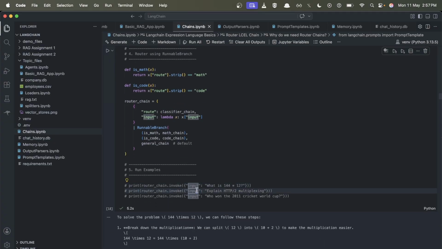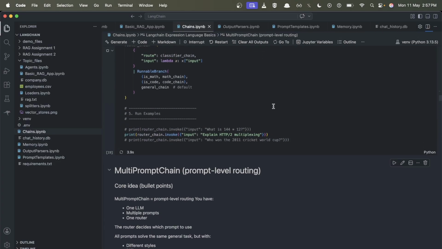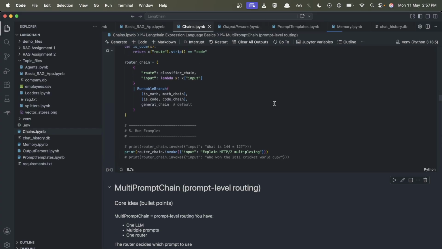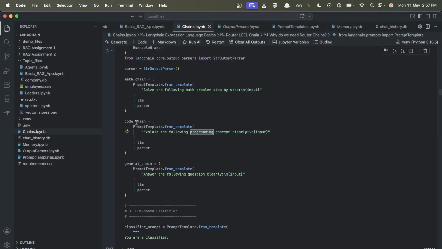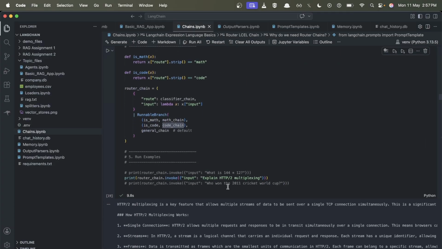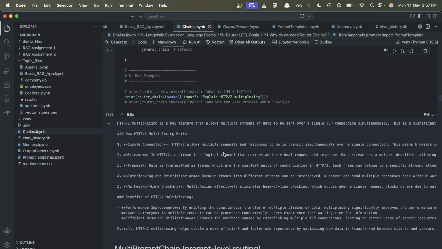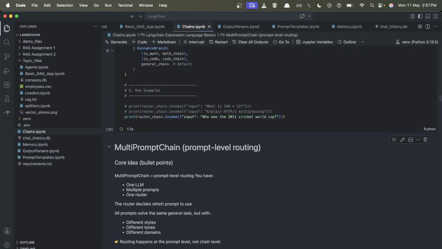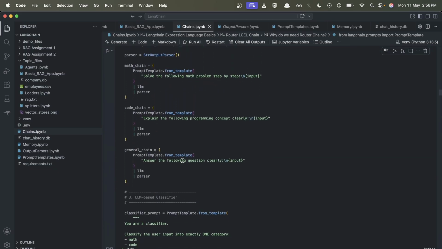Similarly, if I try to invoke this chain with this type of prompt, explain this particular concept, then you will see the general chain will get triggered. General chain or the coding chain? Yeah, programming concept. The code chain will get triggered because this is a programming concept, HTTP multiplexing. So now you are getting a different kind of answer, an explanation. Then similarly, if I invoke the last one, now you can see it's a single line answer, because now you are asking the LLM to answer the following question clearly,